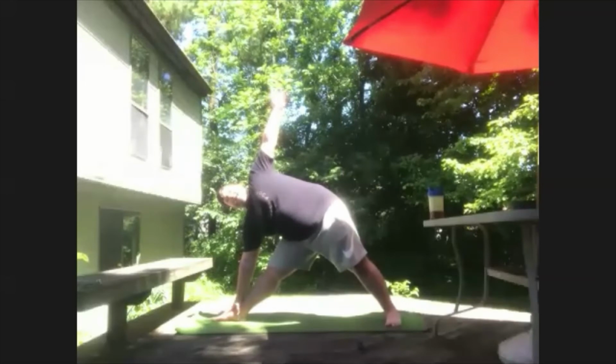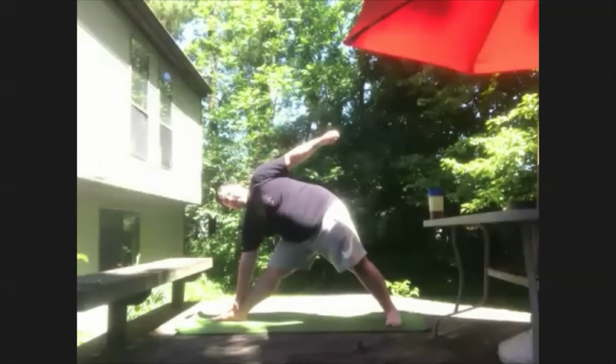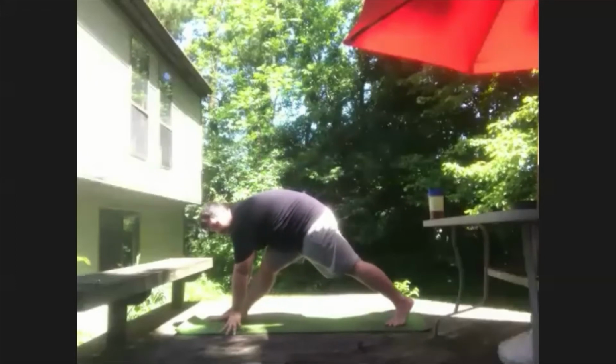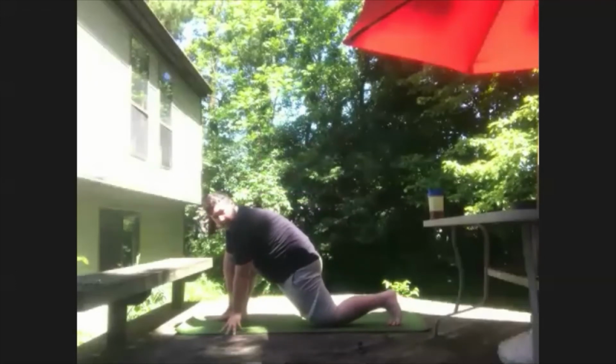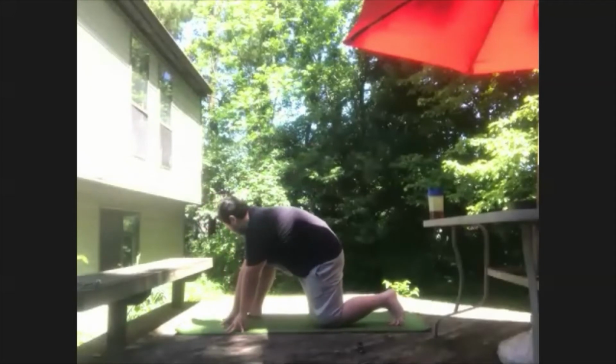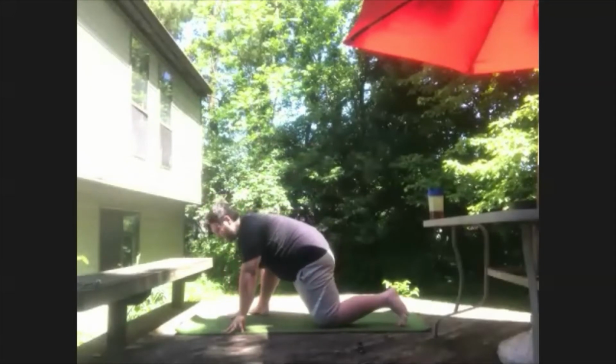Next exhalation, this top arm is going to come down to the floor. We're going to spin our back heel up and lower that back knee to the ground. You'll probably want to heel toe that right foot out to the side a little bit so we can be